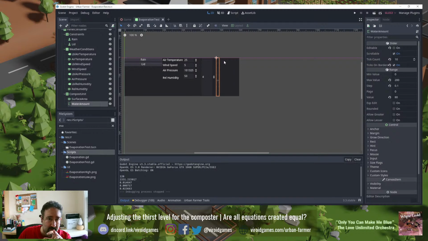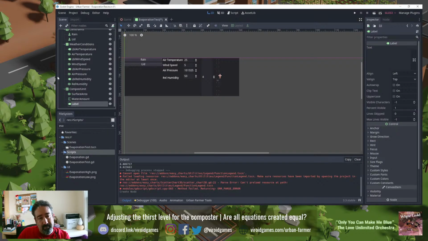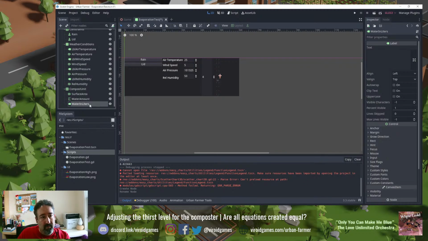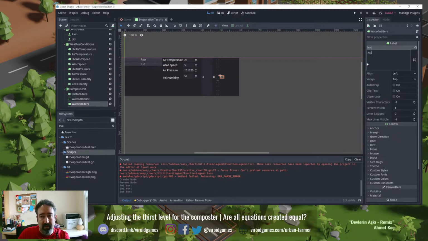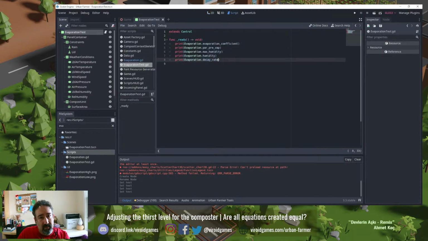I need a way to display the water amount here. Need another label here. The label. This is going to be water in liters. It's an abysmal name, but what can you do? Some number like this. Okay. When this test scene runs, besides all this,